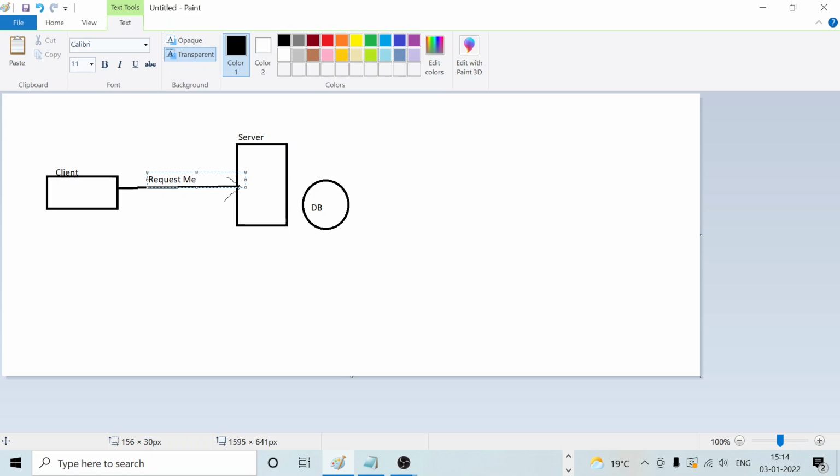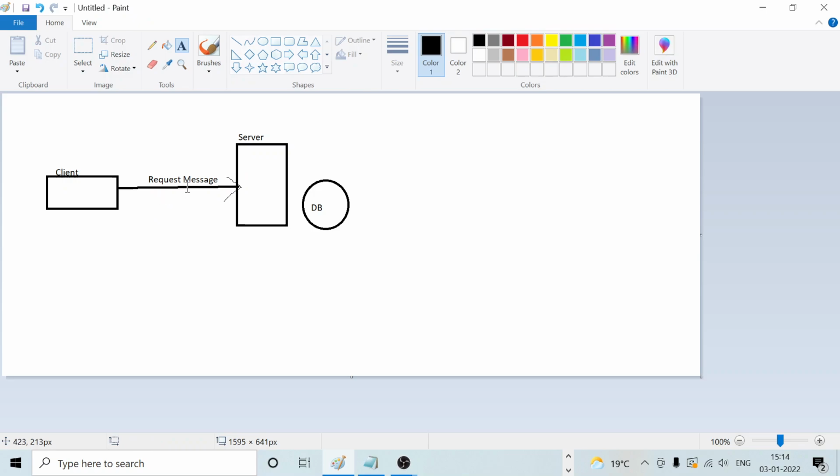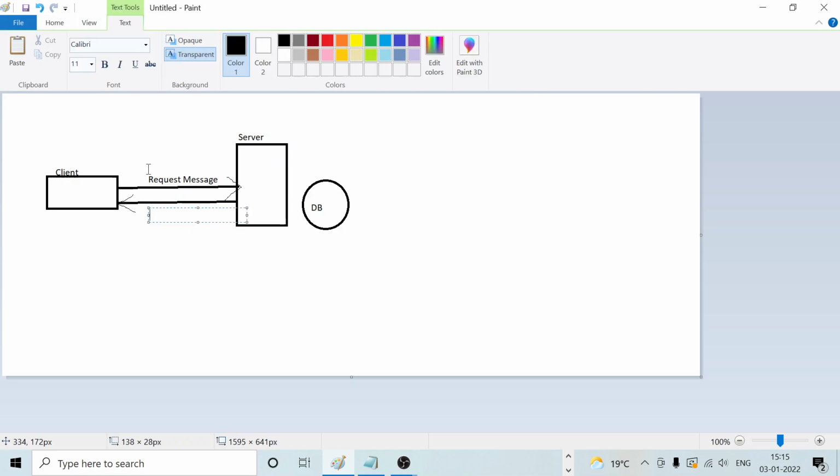So from the client side we send a request message, and from the server or from the database we can retrieve some information. After that, whatever information we get is sent to the client in the response message. You can write here this response message.